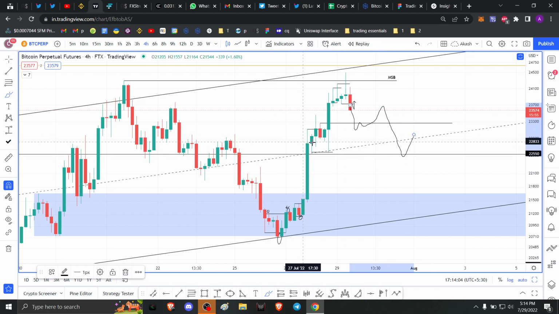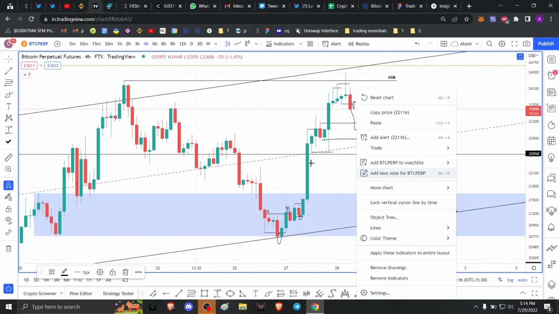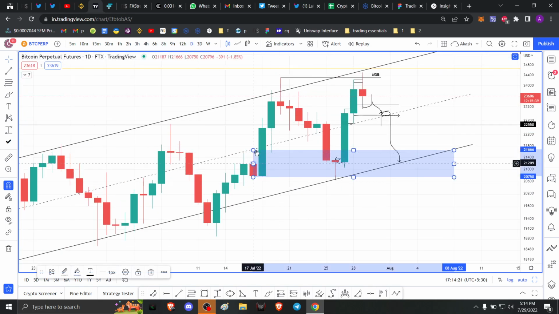but once I get a breakdown below this, I am going to be primed. I'm going to be shorting this again with a lot of volume, and hopefully shorting it down to 21,500, 600. But if you look at what's happening here on a 1-day time frame, this order block was a demand zone,